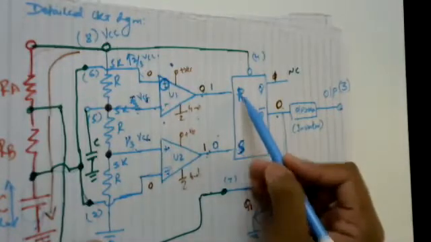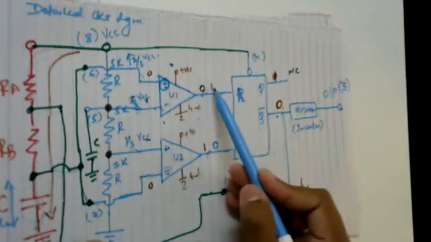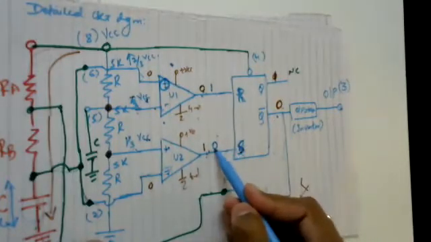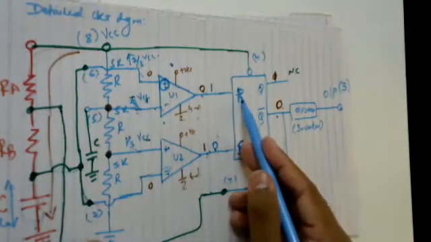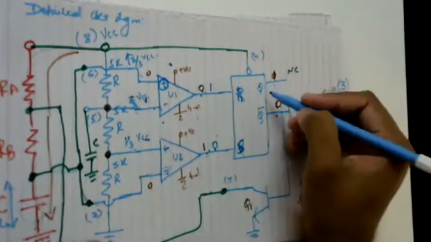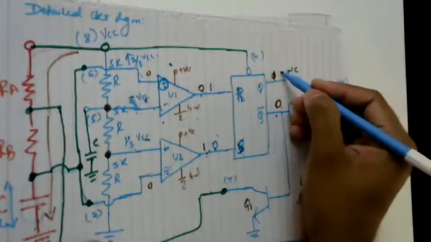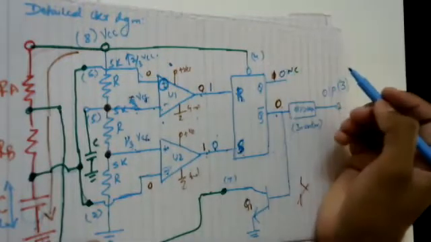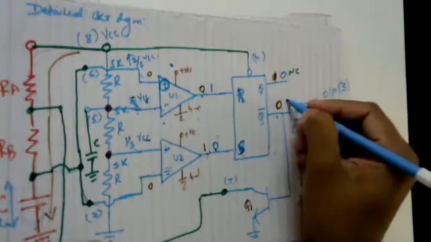Now input to the SR flip-flop is what now? R is equals to 1, S is equals to 0. It means it is going to reset. Since it is going to become reset, what's the output? The output signals are, Q will be equal to 0, so Q bar will be equal to 1.